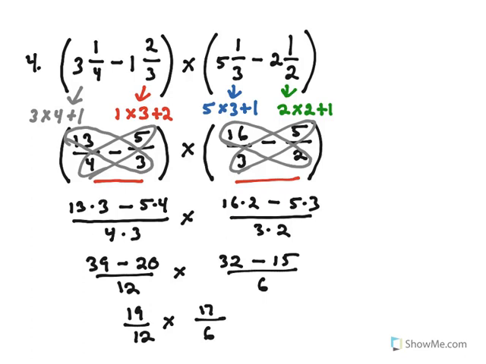multiplying the two fractions. Okay, and again, when you do that, you just multiply straight across. Okay, there's no cross canceling here, so we're just going to have to deal with the two bigger numbers. 17 times 19 is 323 over, and then 12 times 6 is going to be 72, and that doesn't reduce, so that would be